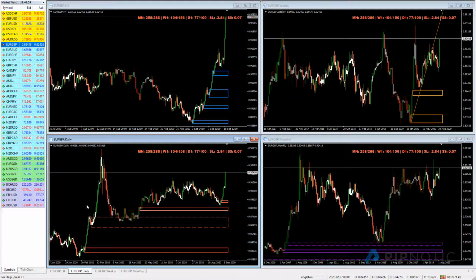We had this area here. It was rebalanced. Price left. We returned to this area of demand. Price left. We came back to it again, and then price rallied and accumulated and moved away several times since then. We had this area here, price tried to come down, then we left, we failed, and so below this low here, this area of 4-hour demand might be an interesting area to have some intraday 4-hour hourly